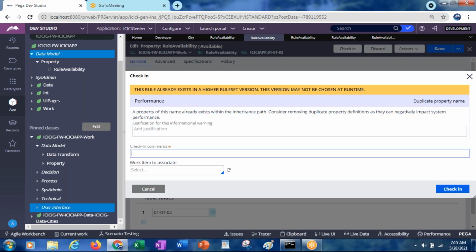Either you have to check in all or you have to check out all, then this rule algorithm will work. If you check out any rule, first it will take from your checked out version. The rule will be picked from the checked out version.